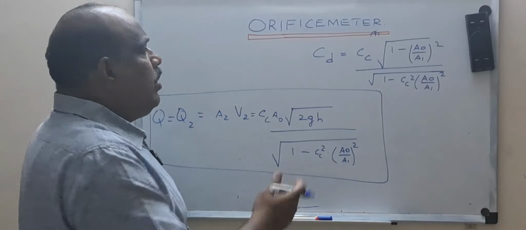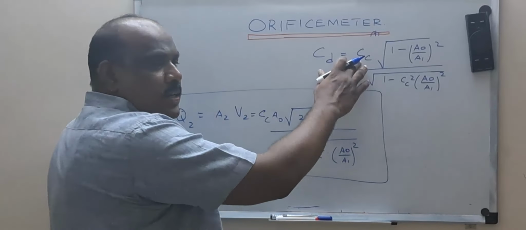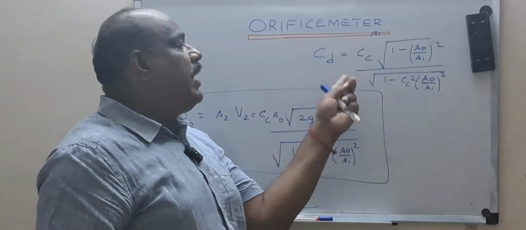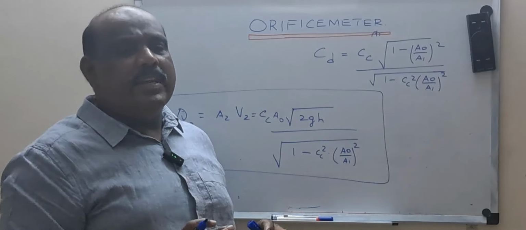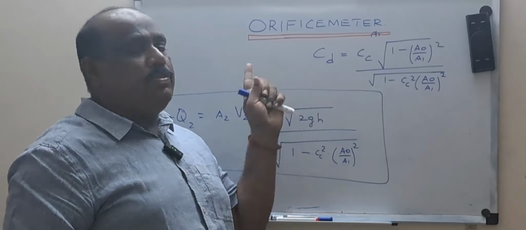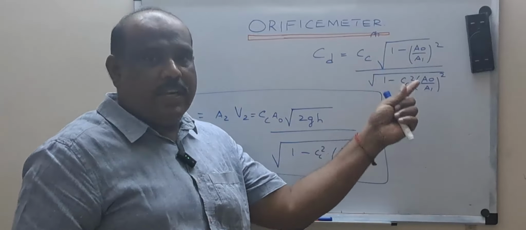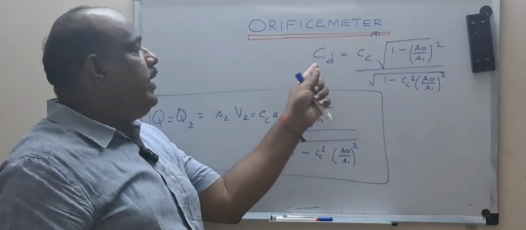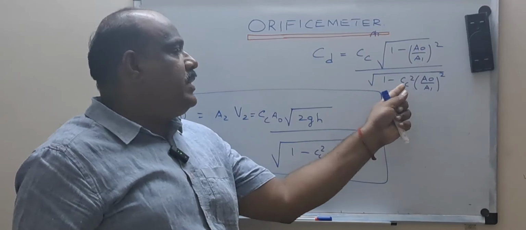You may be wondering where you got this formula from. You see, Cc is also a constant, Cd is also a constant. So I am trying to express a new constant in terms of the already existing constants. Why are you doing like that? To bring it into a more standard form. That's the only thing. Otherwise, you can solve even with this formula. Sir, how do you know this formula? This formula I have written on my own, in such a way, because these things are constants. I am going to make a new constant with the help of the previous constants. So I made Cd as Cc into square root of 1 minus (A0 by A1) whole square divided by